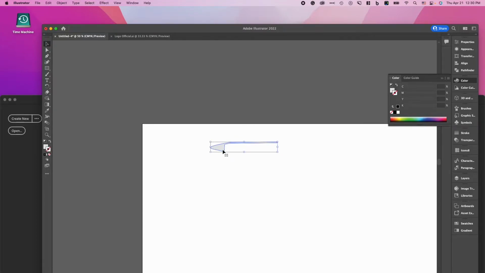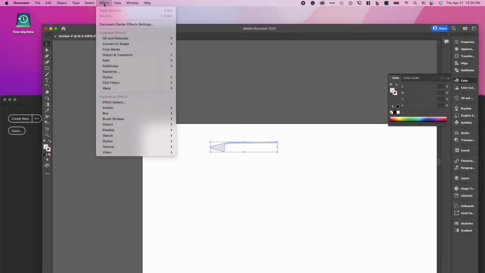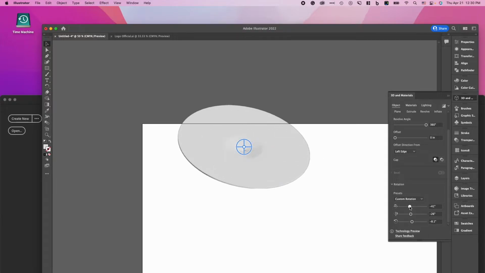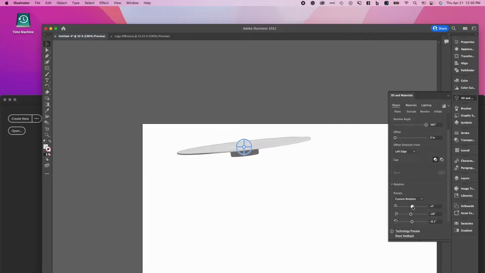Now the next thing I'm going to do is grab this object and I'm going to go to Effects, 3D, and I'm going to go to Revolve. So the default for revolving is revolving around the left edge, which would give us a really funny shape. You can see we've got not a disc shape. But if I change this from left edge to right edge, all of a sudden our disc looks a whole